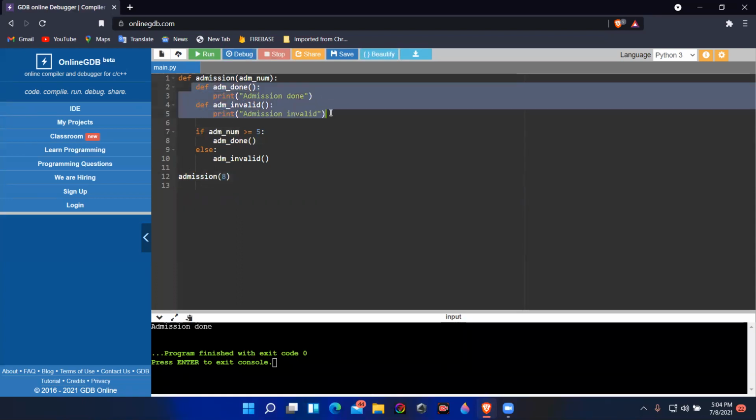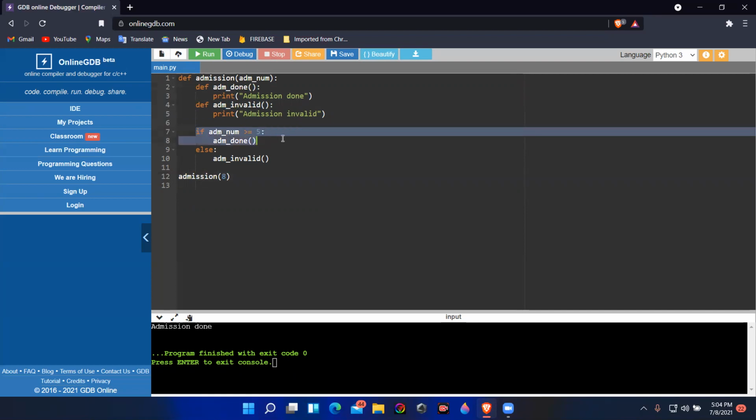Then it will ignore these two functions, go to this if condition. It will check if it is greater than or equal to 5. If that happens, it will call this admission done function, and else it will call this. When this happens, it will see that the compiler has already run across this.